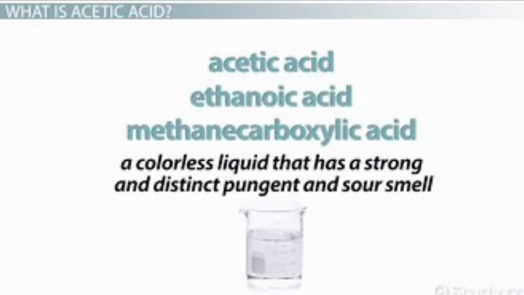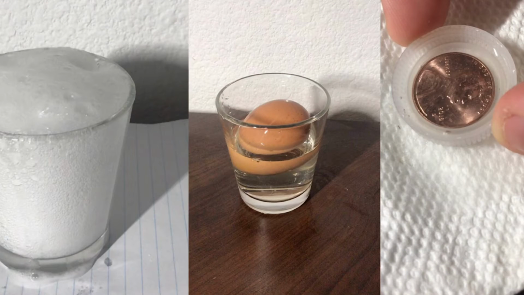So in this video, I'm gonna do 3 different experiments to show what vinegar does. The first experiment is combining baking soda with vinegar. The second one, I'm gonna put an eggshell in the vinegar. And for the third one, I'm gonna put a penny in the vinegar to see what will happen when these things combine together. So now, I'm gonna start the first experiment to see what happens if vinegar is combined